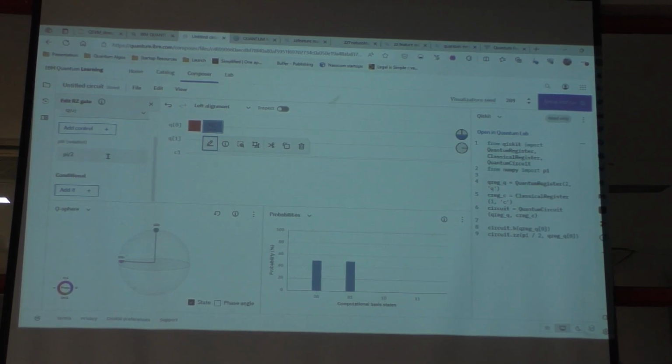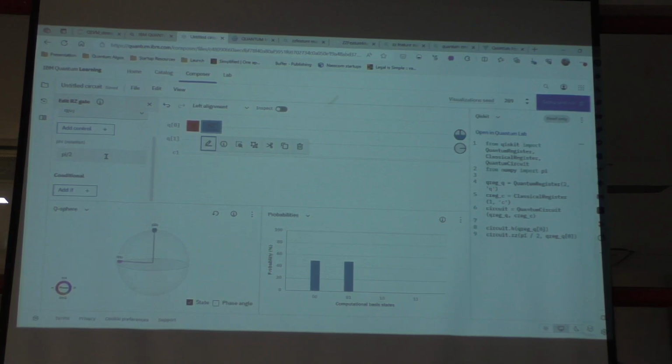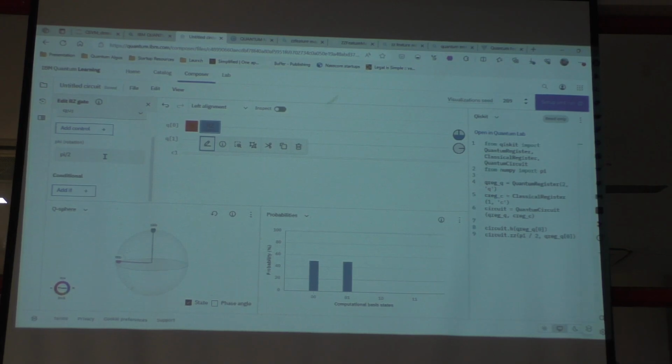This gate is called the RC gate, which is something that you will have no similarities to in classical computing.